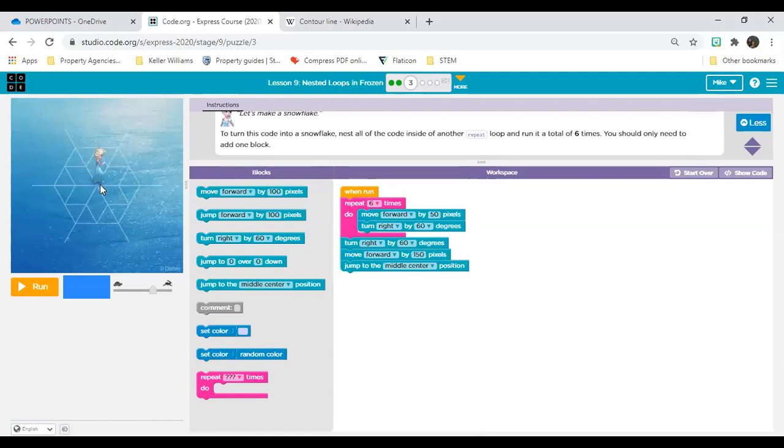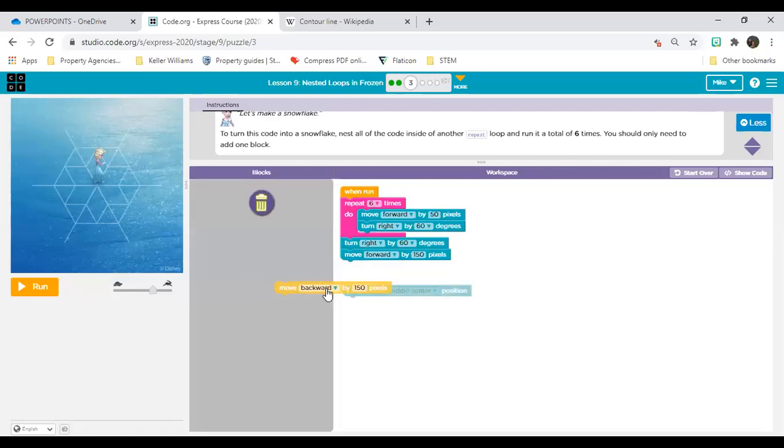You can get her back to the middle without using the jump, but then you have to use a move backwards, by 150. And then she will be at the same place, because remember, if you move forward and you move back, that is the same. You'll be at the same spot. But we're not going to use that because later on, that is not going to help us. So now you just jump